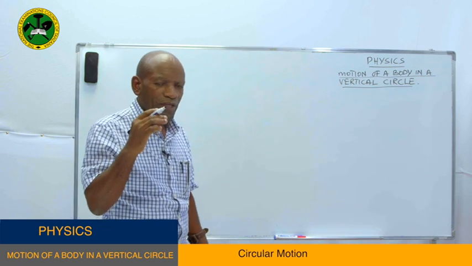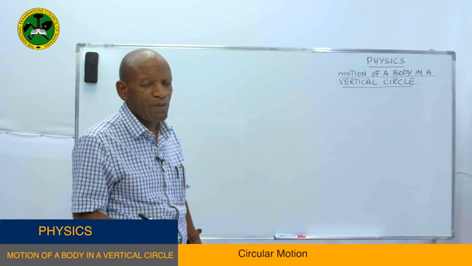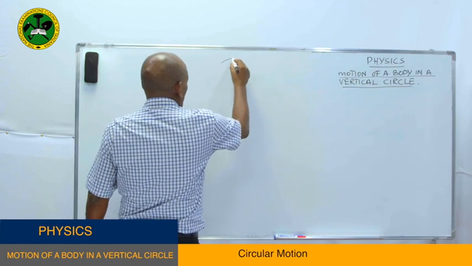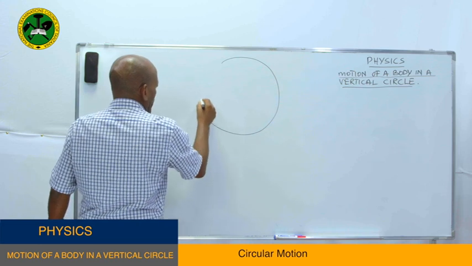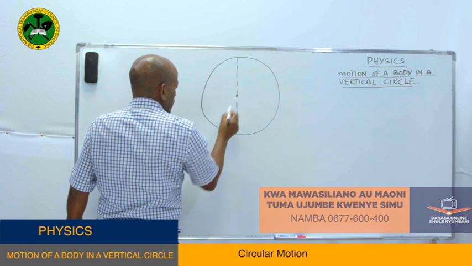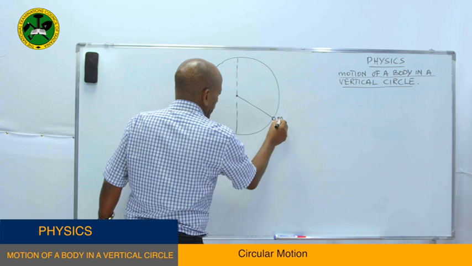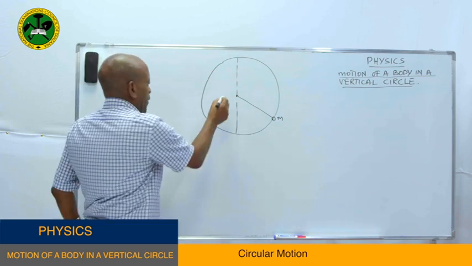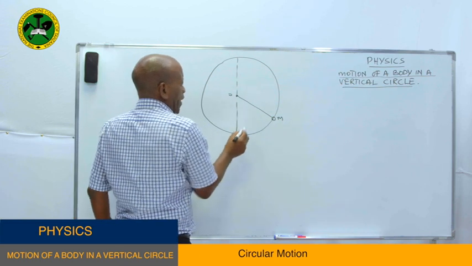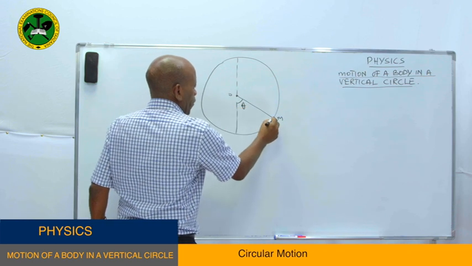What you are supposed to understand all the time whenever you are interacting with problems with regard to the motion of a body in a vertical circle is that the motion could be like this: we have a body which is moving in a circle like that. And this body, let's say, is fixed to a string. It's a body of mass m, fixed to a string at the center. So this body is made to move in a circle. And if at an instant this body is at that particular position, describing an angle theta,